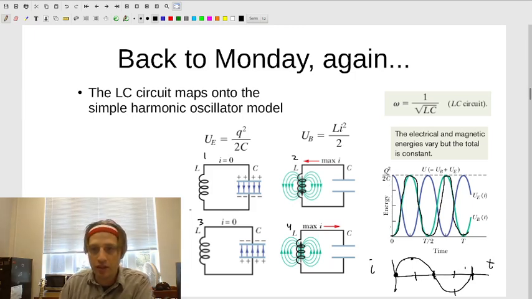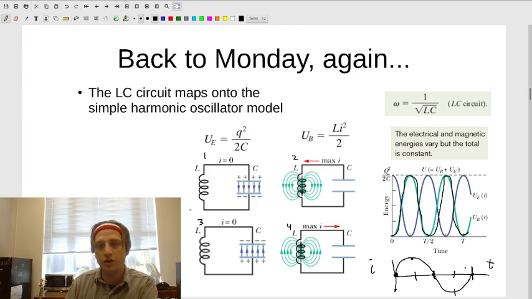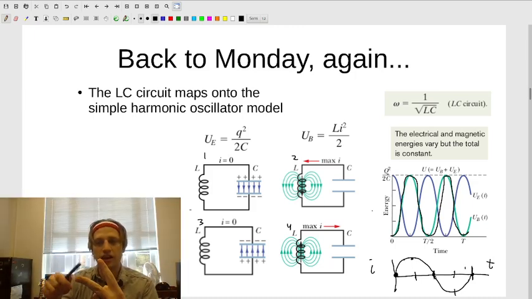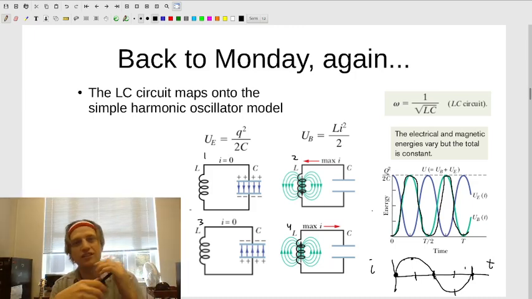But you'll notice that the energy is going between the capacitor and the inductor: all of it's in the capacitor, all of it's in the inductor, all of it's in the capacitor, all of it's in the inductor, all of it's in the capacitor. So one total cycle goes through 2 cycles of sharing the energy between the capacitor and the inductor. That's the same thing that happens in the block and spring system, where the energy goes through 2 cycles of going from potential to kinetic to potential to kinetic. So that's an interesting